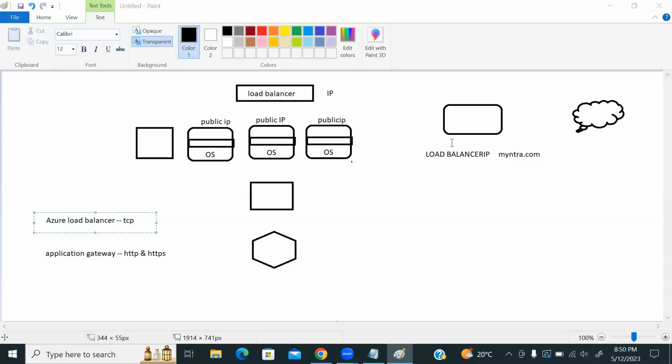Okay, so this is about the Azure load balancer. Understood? Now we'll try to create this Azure load balancer. As usual, we cannot create the backend application servers here. And we were also talking about a public LB and a private LB, which means